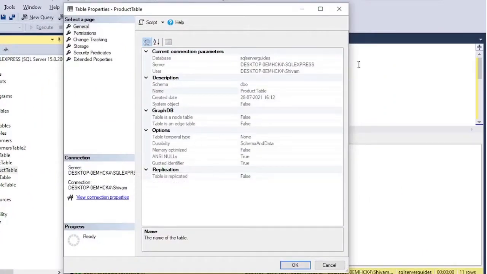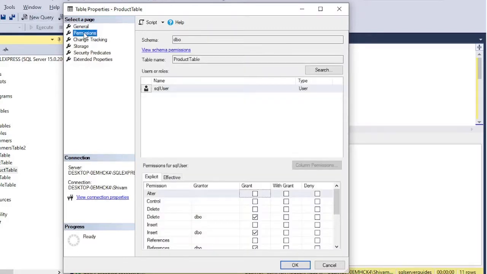So I will right click it and I will click on properties. Now this will open a new properties window for this table. From the left pane we have to move to this permissions page. Once you click on this permissions page, it will open these options. Under this users and roles section we have to first select the username. In my case I am only having one user. If you have multiple users, you have to first click on the user that you want to select.